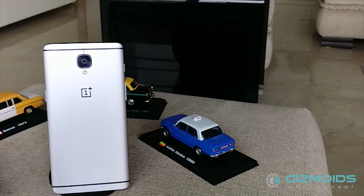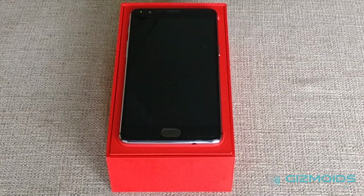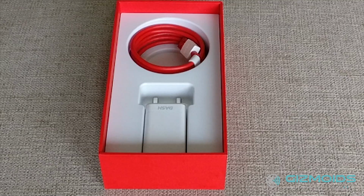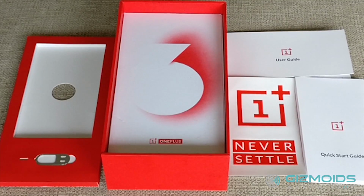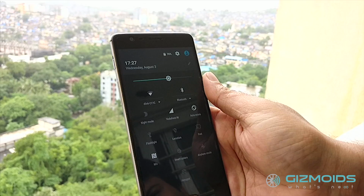Today on Gizmoids, we'll review every aspect of the OnePlus 3 following all the updates it has received. Inside the box, you get the beautiful OnePlus 3 device, a pre-applied screen protector, one dash charger adapter, a Type-C cable, a SIM tray ejector, along with a quick start guide and safety information. Oh, and just so you know, NFC has made a comeback, so the device is now ready for contactless payments